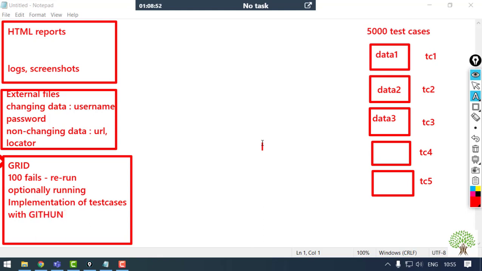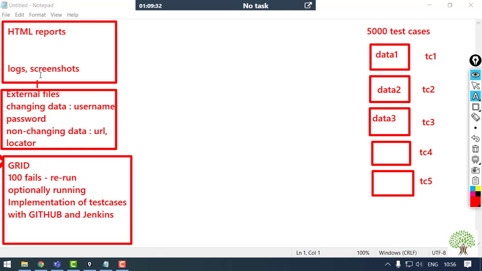GitHub. Now GitHub is a place where if you have a team of 20 members and they are working on their local machines, then GitHub is a place where you can collect all your data together in a place and execute it from that particular location. Fine, it is a place where you can keep all your data. Okay. And the same way, implementation of Jenkins can also be a condition from the client. So Jenkins also should be able to be integrated into your system.